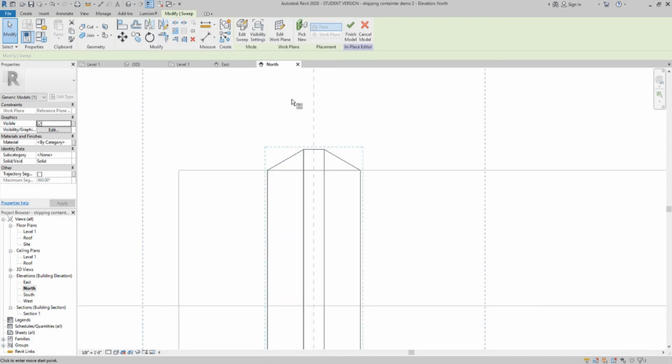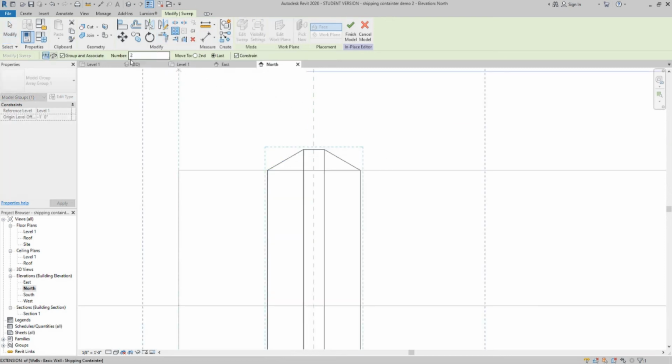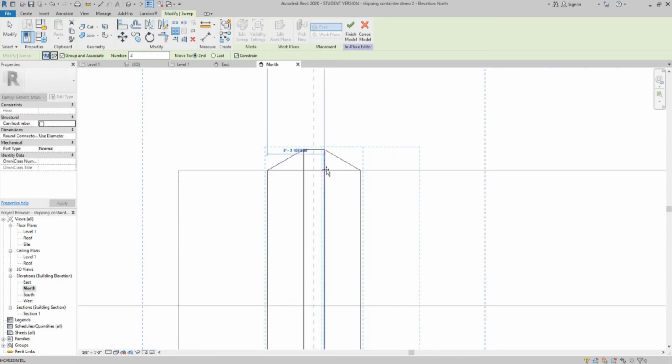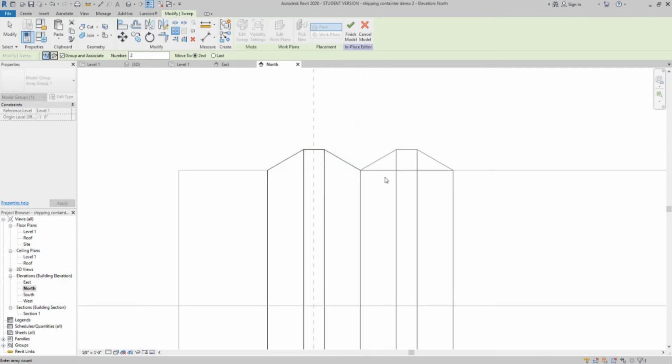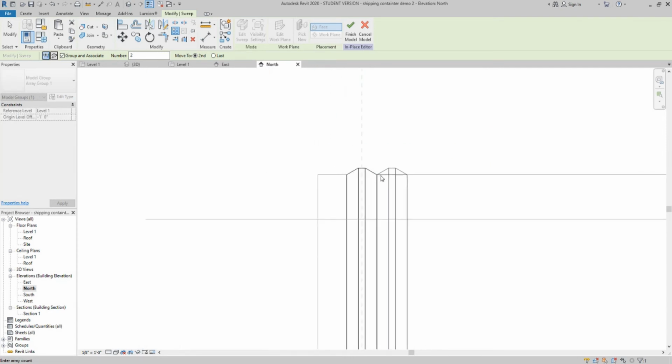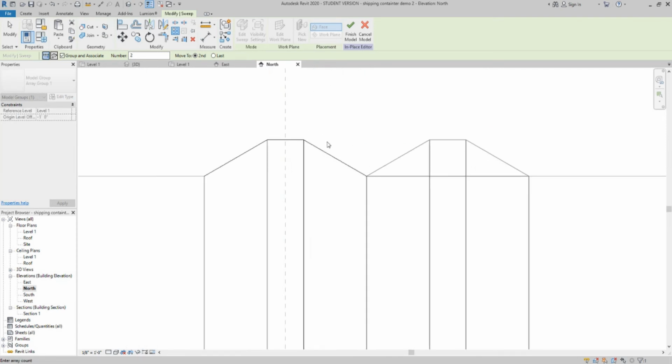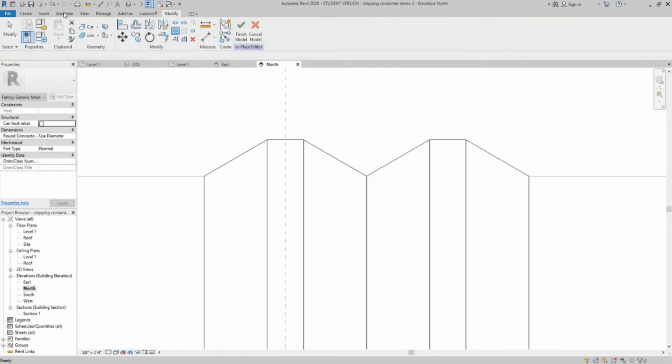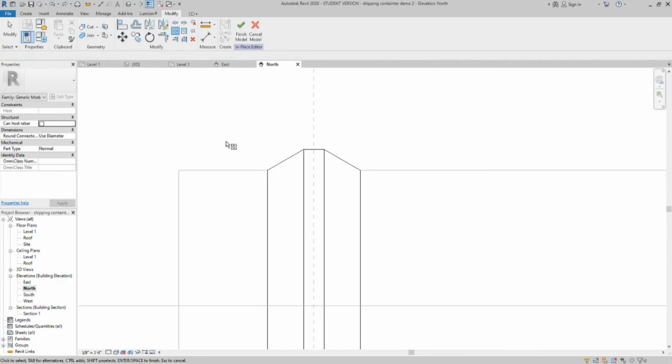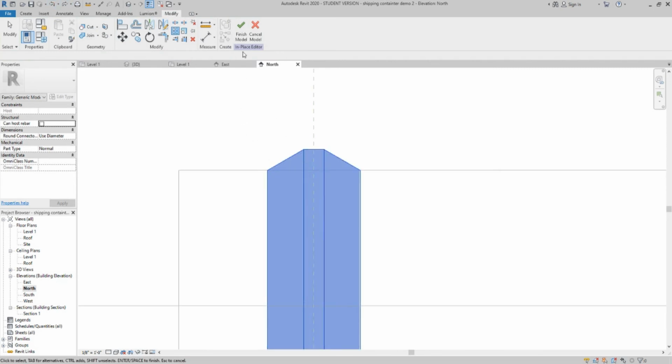I'm going to do the array command, and I can tell it how many I want, and then if I want it to be a linear array, so a path, so I'm going to do that, and I'm going to tell it where the second one's going to go. So if the first one's here, the second one's going to be there, and if I want there to be a little bit of a gap in between, because usually these shipping containers have a little bit of a gap, so I'm going to undo that, undo that. Alright, so we're going to do an array command of this item,